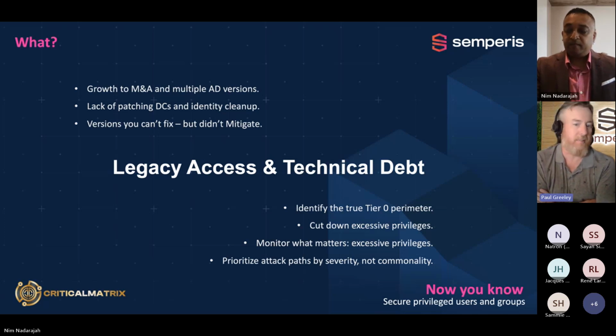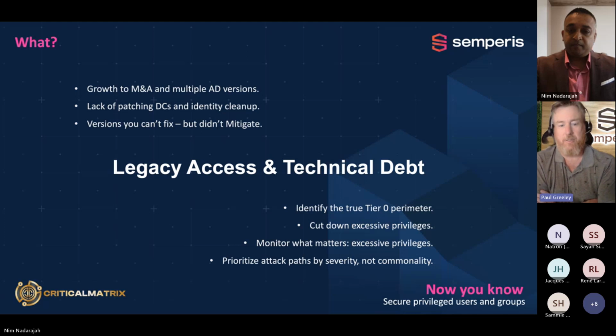And monitoring. A lot of people monitor up and down for DCs, but they're actually not monitoring who's using what kind of privilege. That could be different solutions, obviously, but if you're not watching who's using privileges or actually doing, say, access reviews, that's also a big key tool here. Don't give away domain admins forever. Have it on a check-in, check-out basis, basically. And prioritize your attack paths.